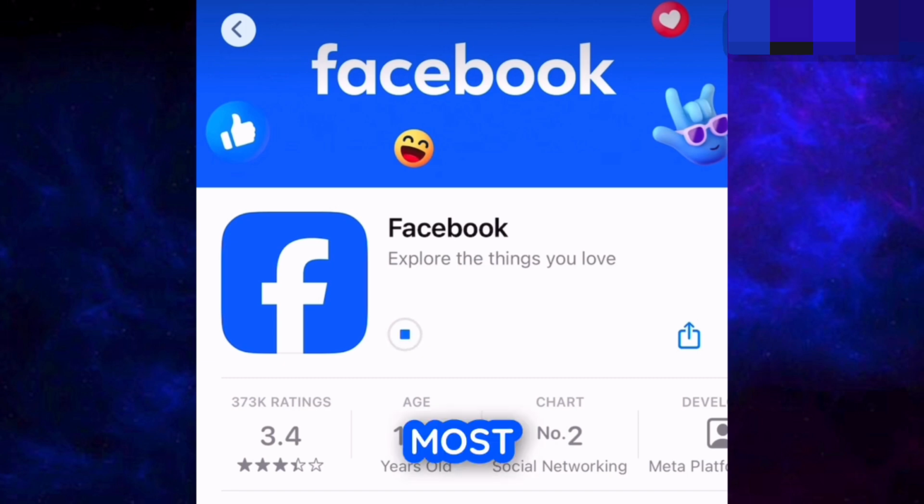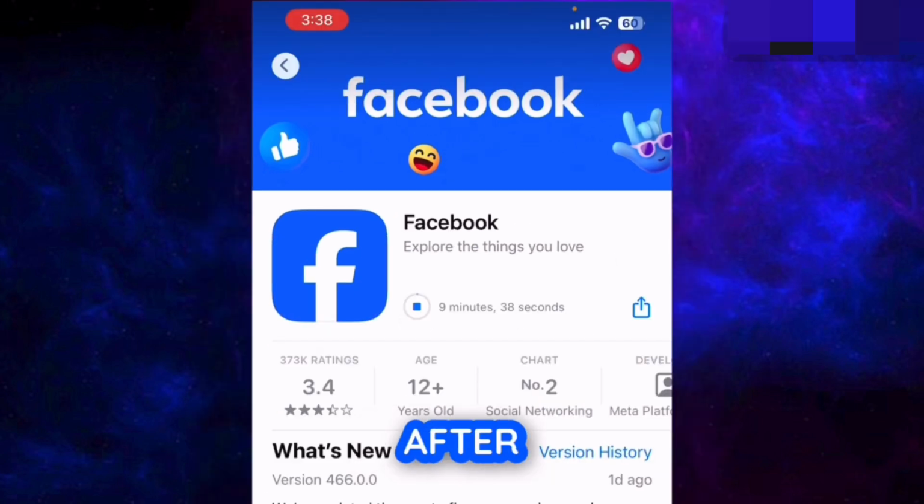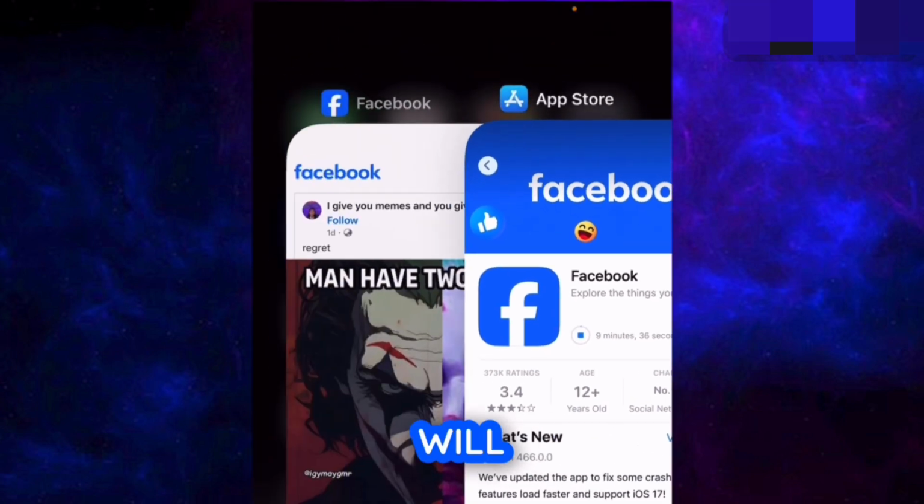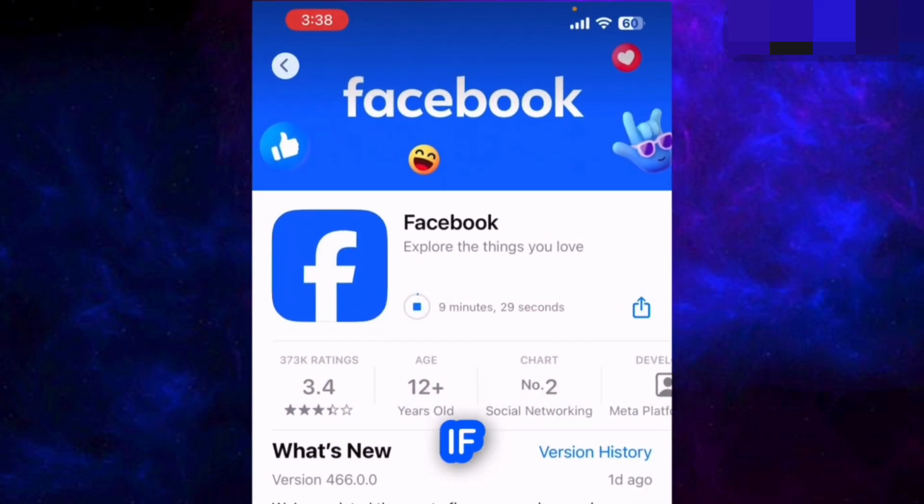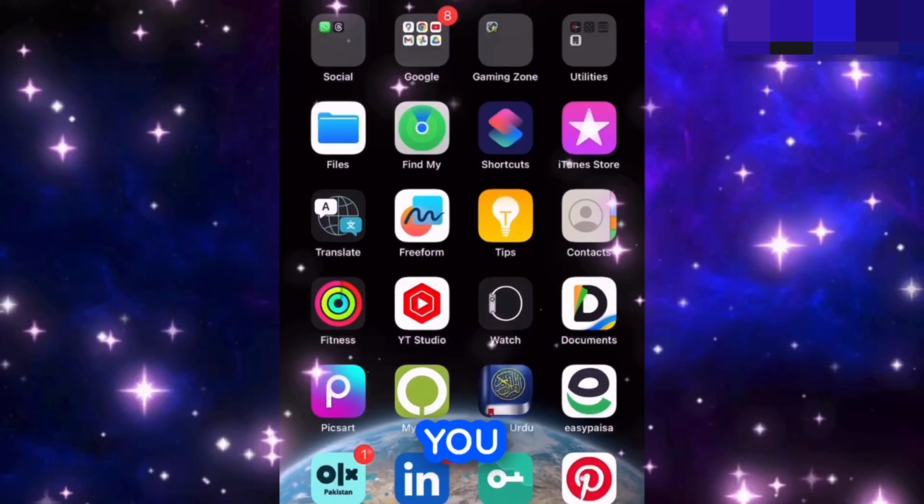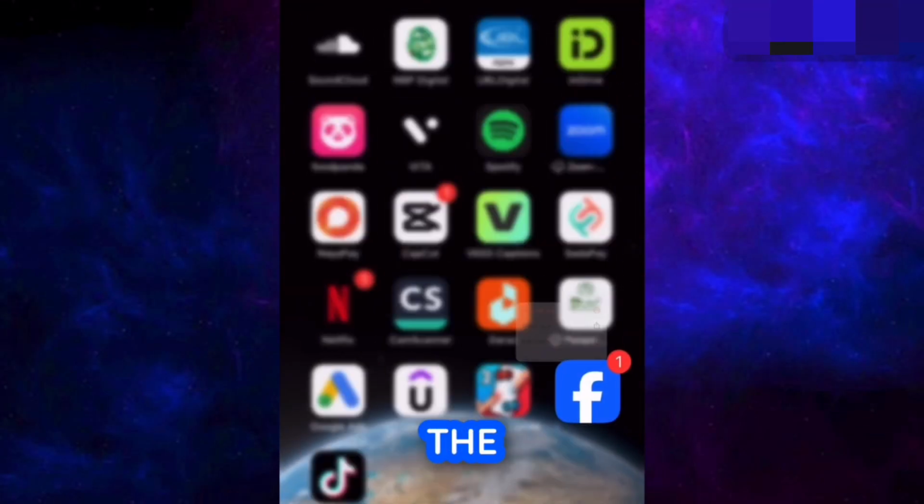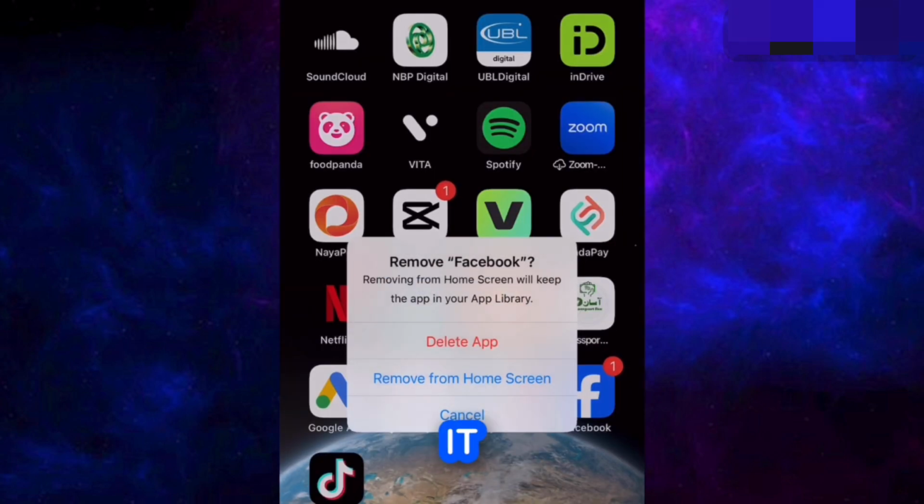This is the most mandatory step to get this Meta AI option in your Facebook account. After updating your Facebook application, you will get this Meta AI option in your Facebook app. But if this didn't work and you don't get Meta AI even after updating, what you have to do is uninstall the Facebook application and install it again. I hope that this will fix the issue and you will get the Meta AI option after you reinstall